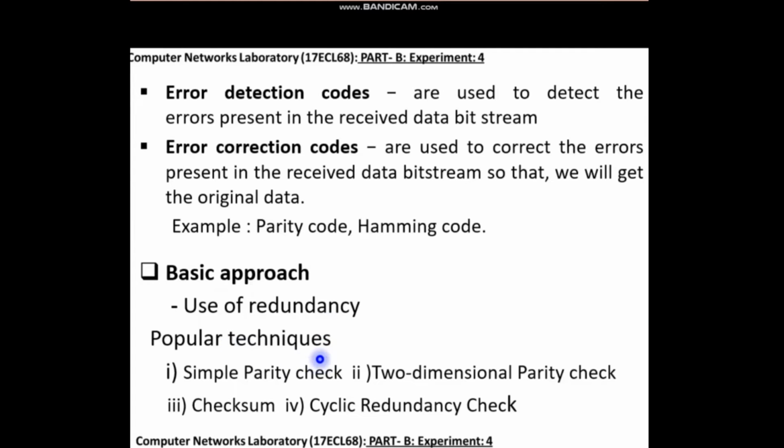Some of the popular techniques are simple parity check, two-dimensional parity check, checksum, and cyclic redundancy check. We are going to study cyclic redundancy check, and also discuss a C program for this method, which is a powerful error detection technique.